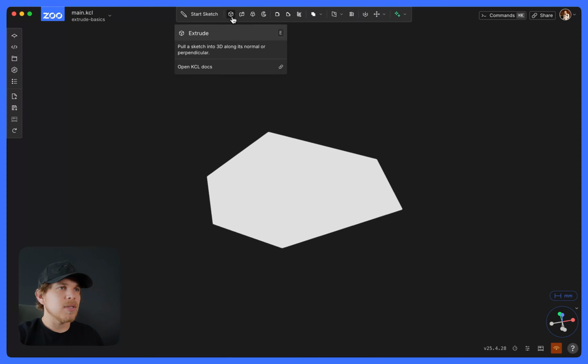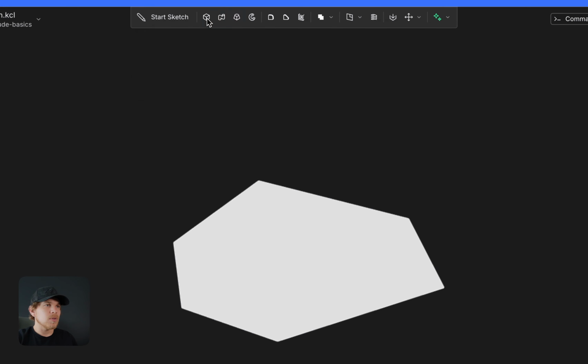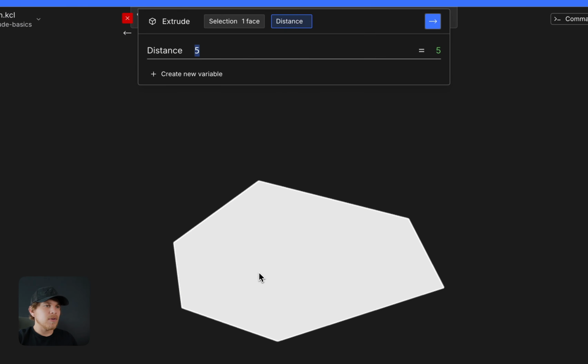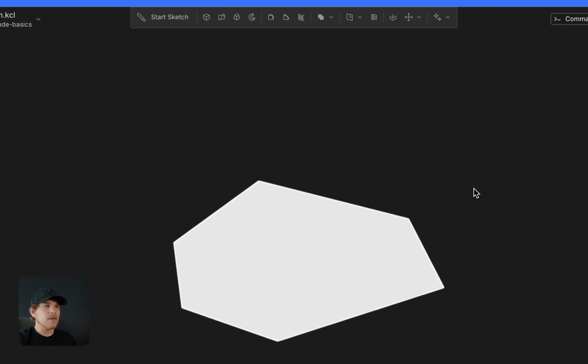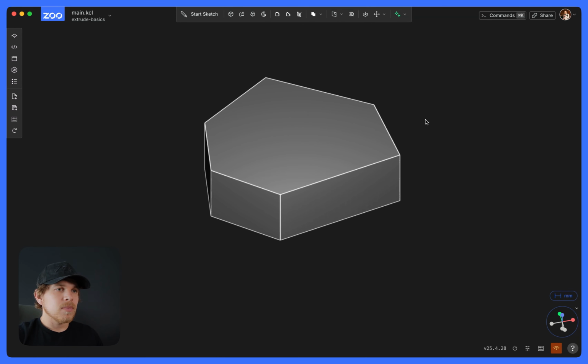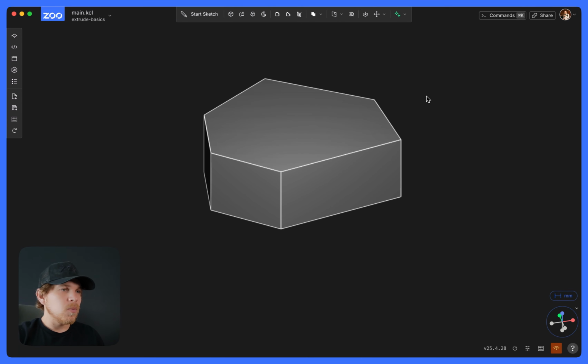And then extrude is this button right here. So we'll click this button, select our face. Let's do an extrusion of 200 millimeters and confirm. Now that we have our extrusion, we can also extrude a sketch that is on the face of an existing